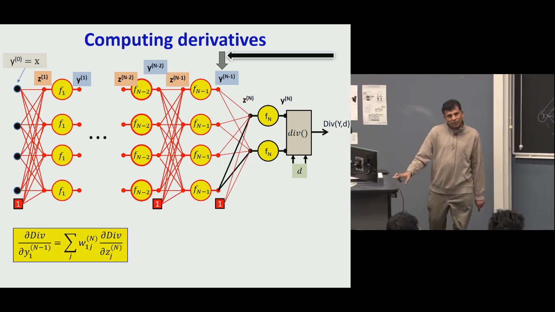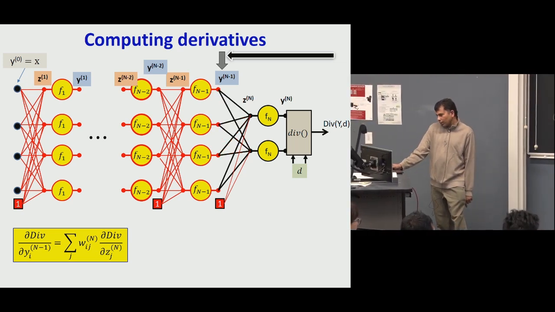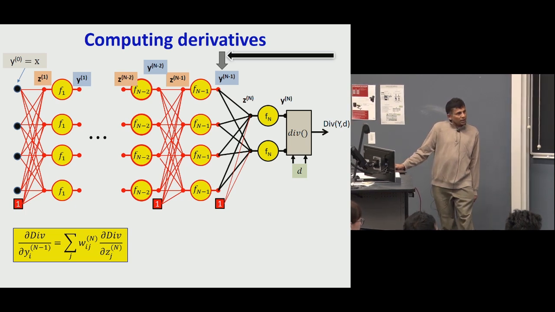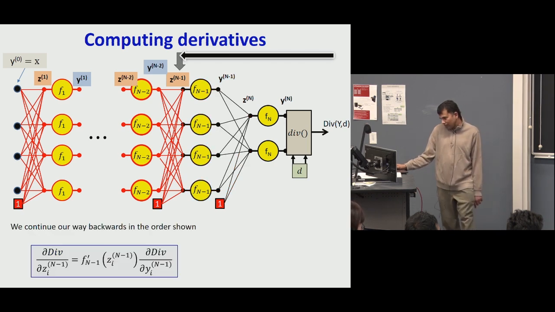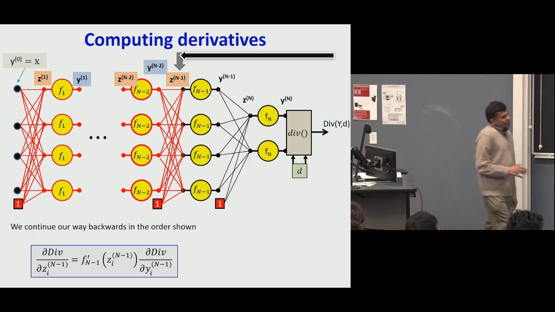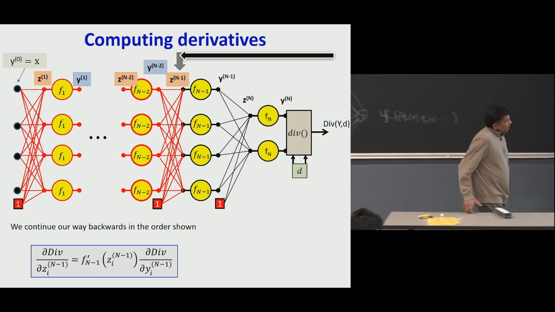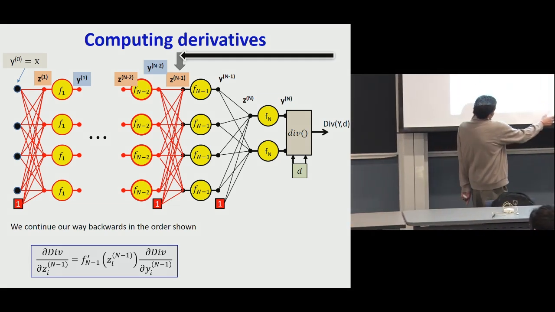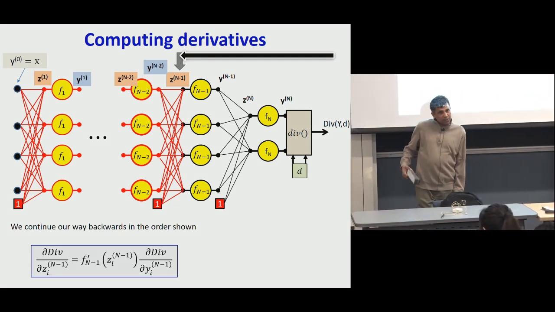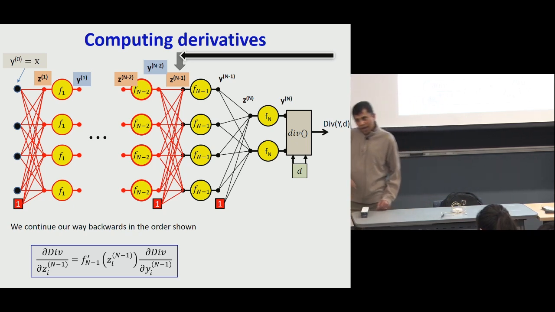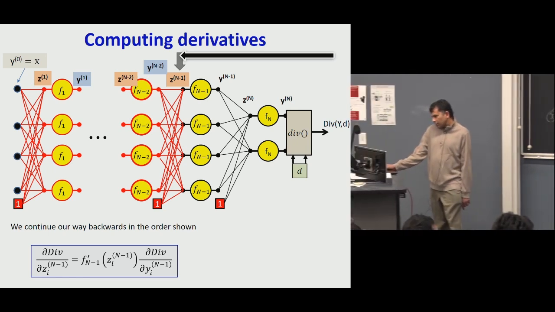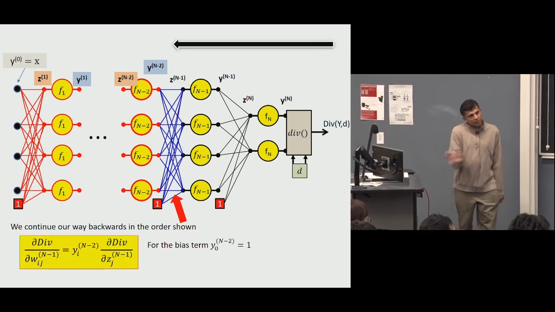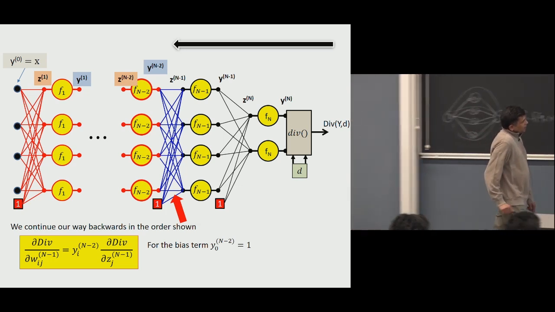And the weights in the two cases are the same. And now I can do this for every single z over here, y over here, and then I can take a step back. So that's the formula. And now I can take a step back and say what is the derivative of the divergence with respect to the z's, and using the same approach, that's going to be the derivative of the divergence with respect to y times the derivative of y with respect to z, which is simply the derivative of the activation at the current point. And then you can use the same approach, and subsequently you can work your way backwards, and you